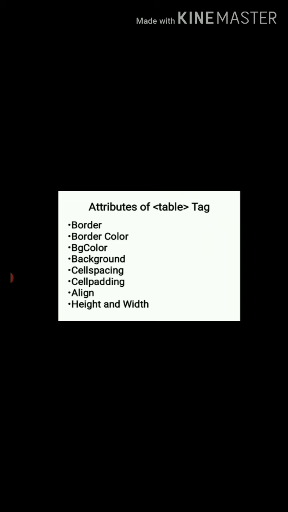You can give a background picture, cell padding, cell spacing. You can give spacing between two cells. You can give align to the table, meaning whatever text you want to place on the left side, right side or center in a cell. You can also change the height and width of the table or cell.